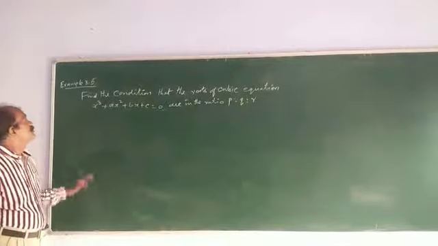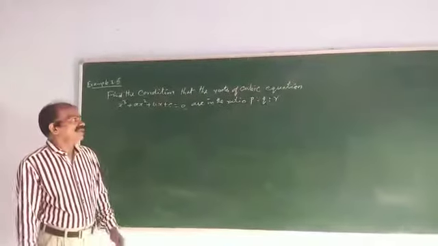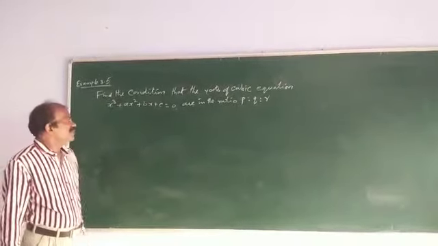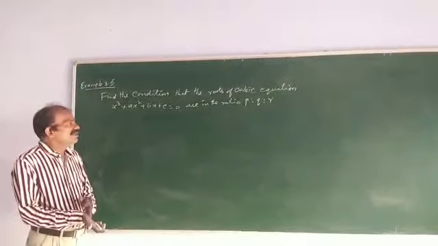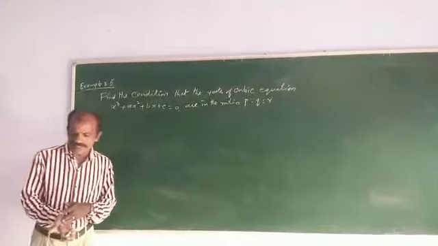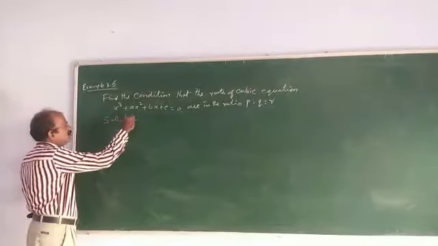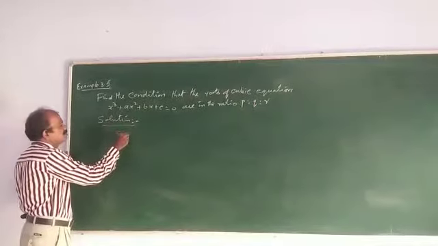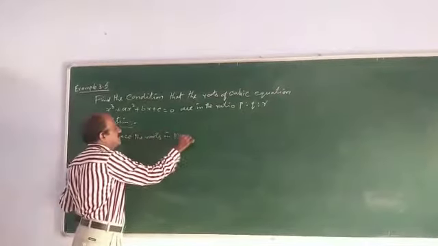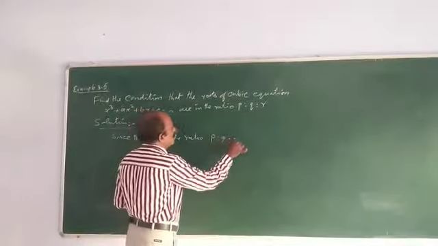Next question. Example 3.5. Find the condition that the roots of the cubic equation x cubed plus ax squared plus bx plus c equal to 0 are in the ratio p is to q is to r. Okay, since the roots are in the ratio p is to q is to r,